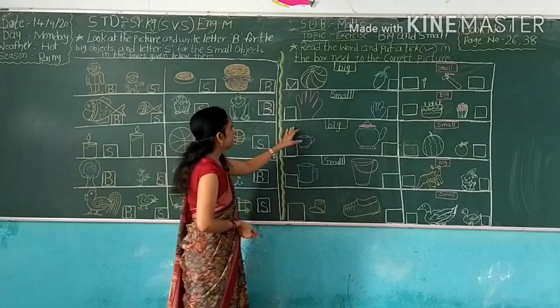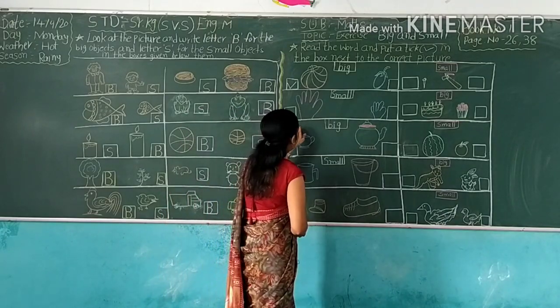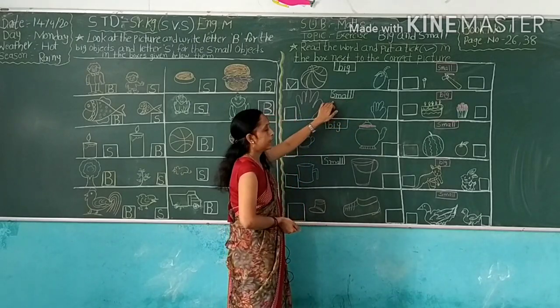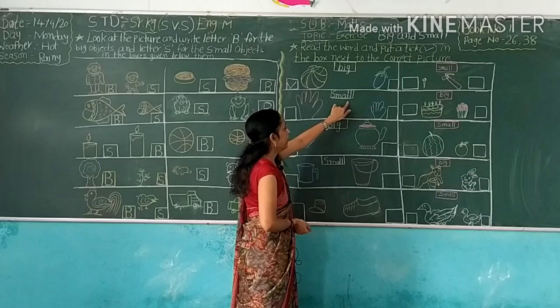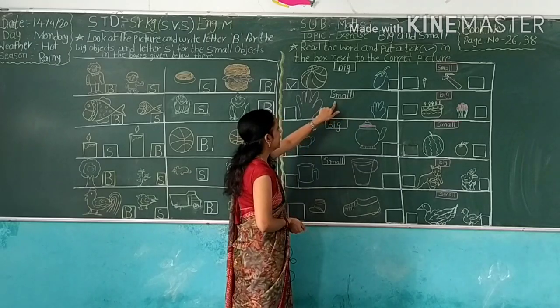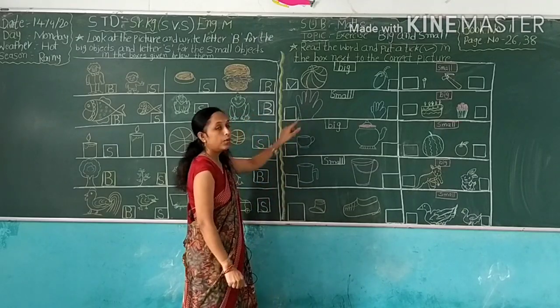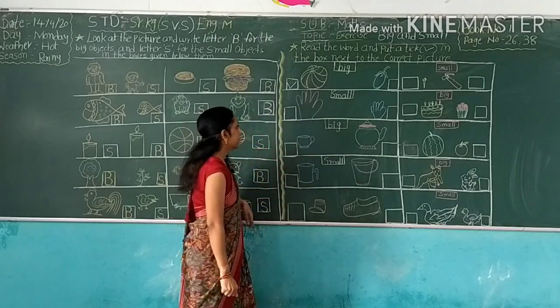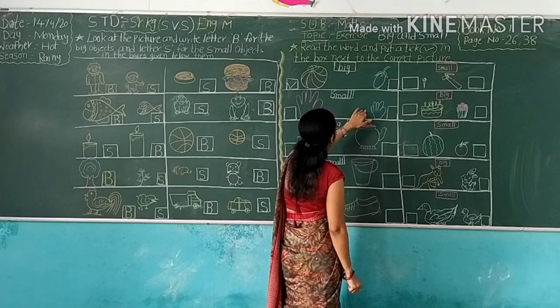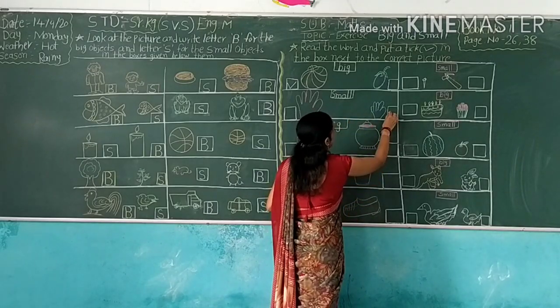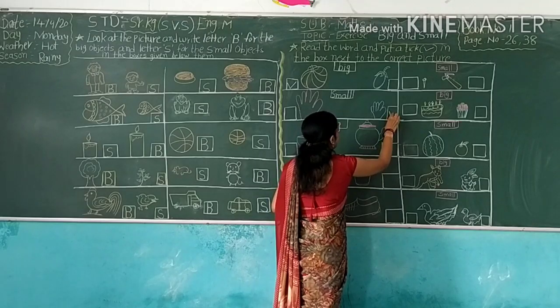And look here. Here I drew two objects. And here take the small object. S-M-A-L-L. Small. Here write small. So which object is small? This? No. This is big object. So this? Yes. This object is small. So here we write tick.